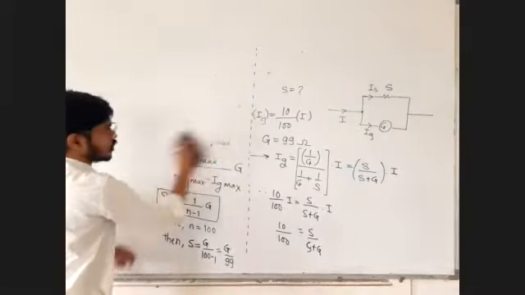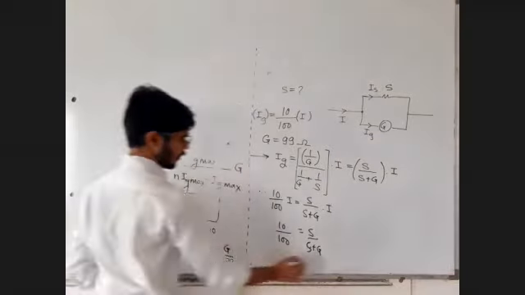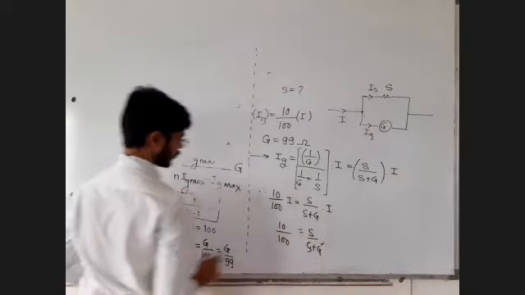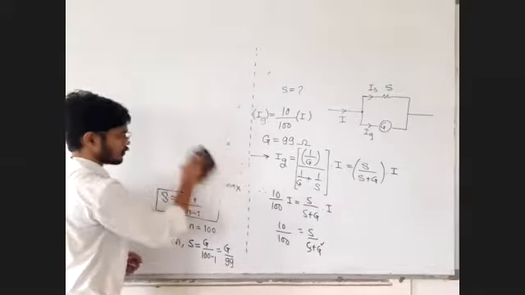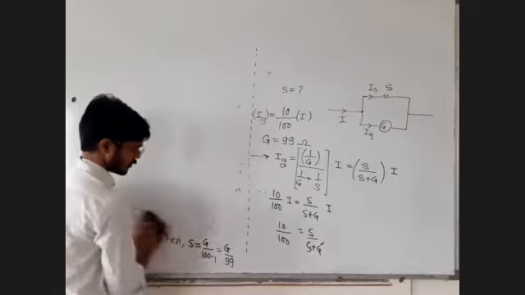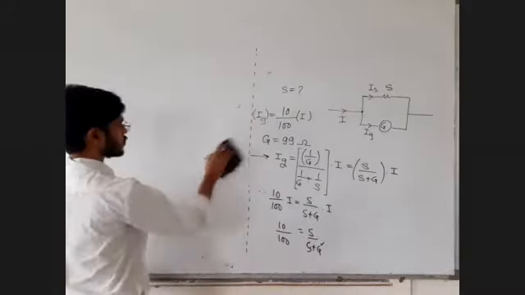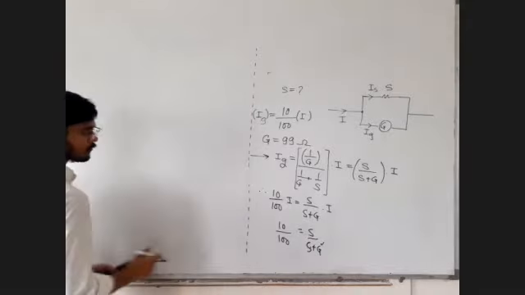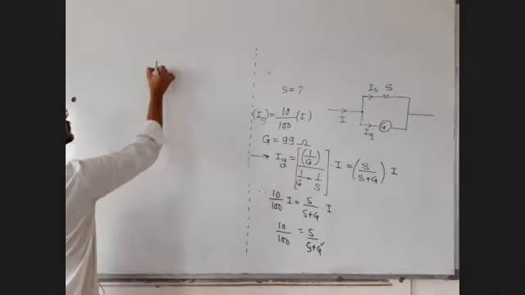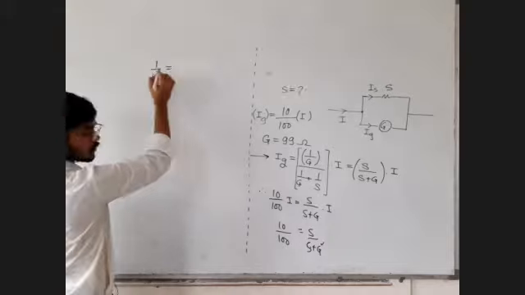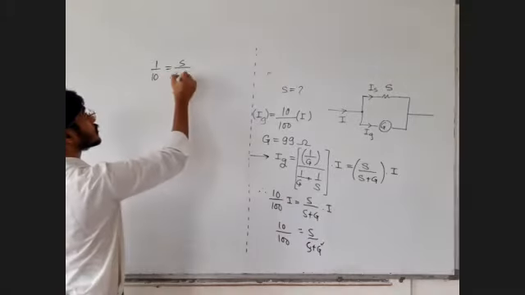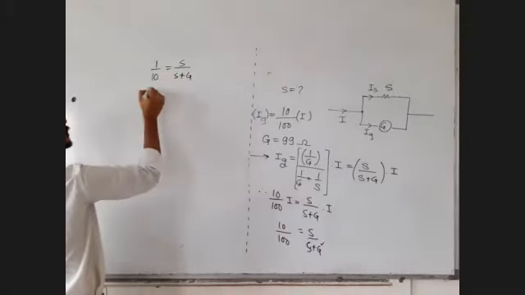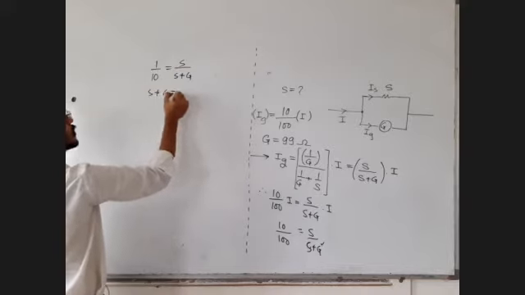You also calculate. G value is already 99. Value of G is known to you. Value of S to be found out. One equation, one unknown. Do the cross multiplication and get the answer. Such kind of questions you will expect in the exam. 1 by 10 equals S upon S plus G. Cross multiplication: S plus G equal to 10S.